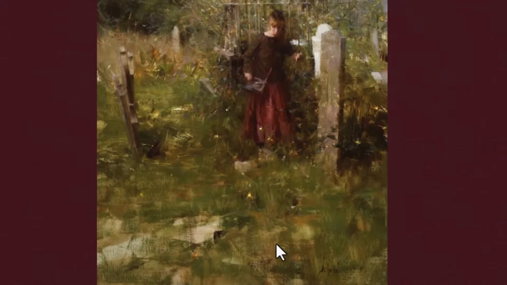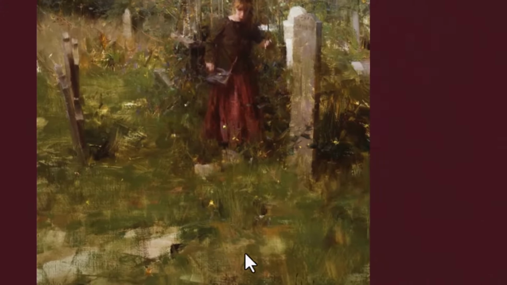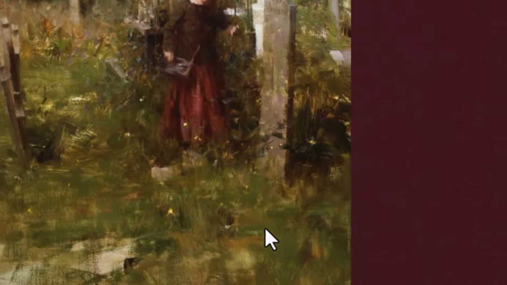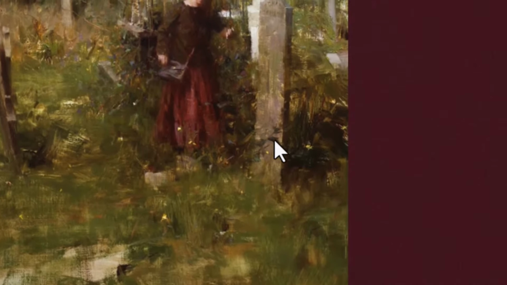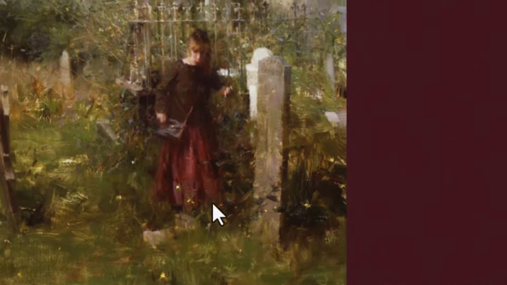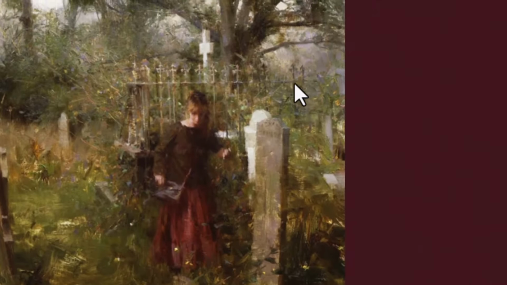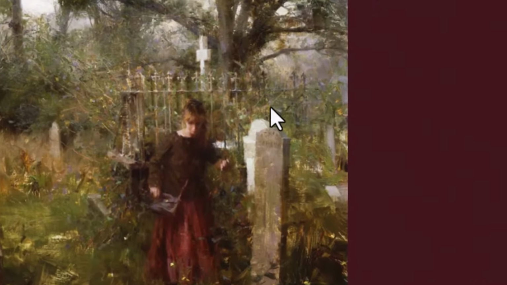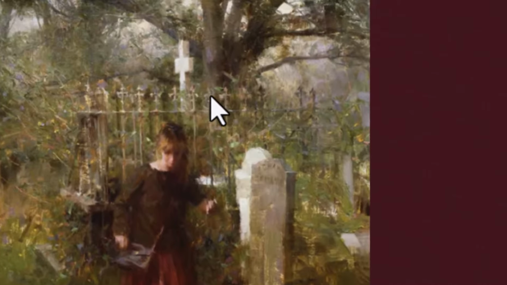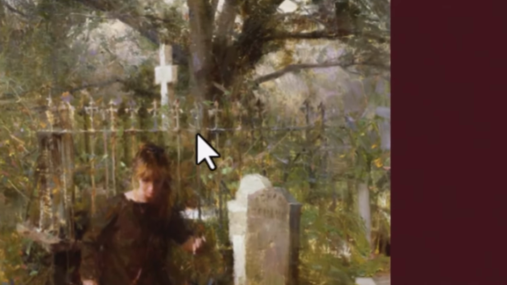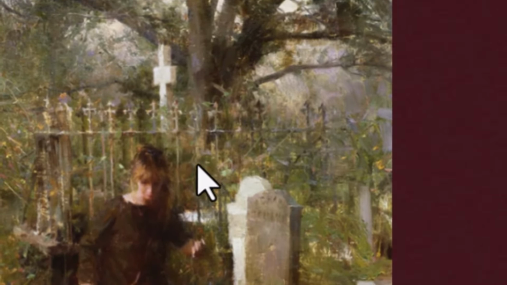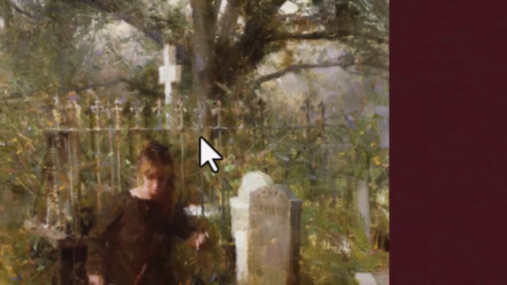We can see them right in here. We can see where he's done a similar thing right down here in this tombstone. We can also see what he's done right up here, where this passage just flows right through the light of that tree. No distinct edge between those.